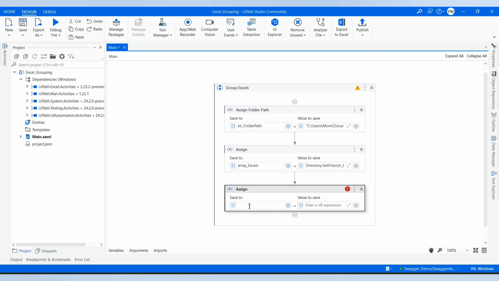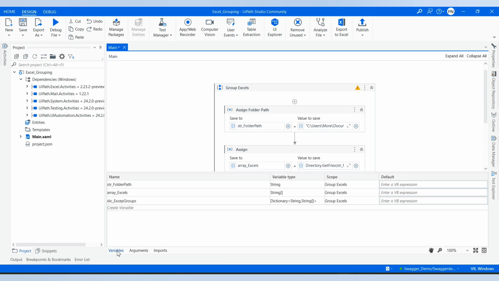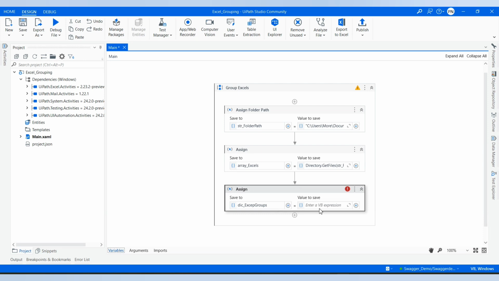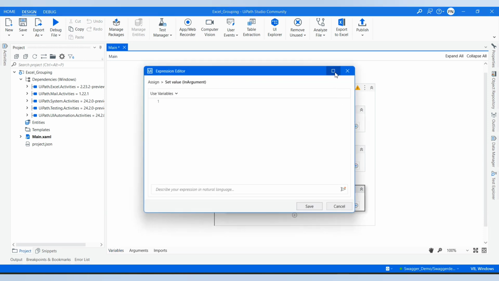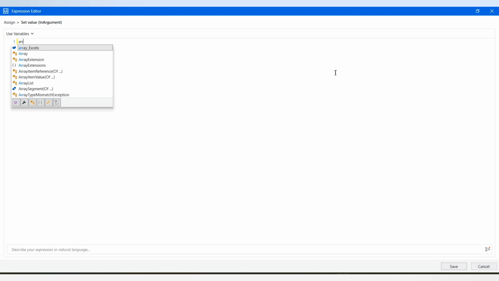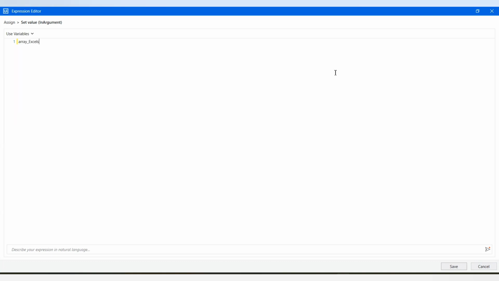So we are adding it to a dictionary where the key will be the same batches and the value will be the path of Excels which contain the batch. So I have created a dictionary where the key will be string and the value will consist of the paths, so it will be stored as an array of strings. So array Excel dot GroupBy